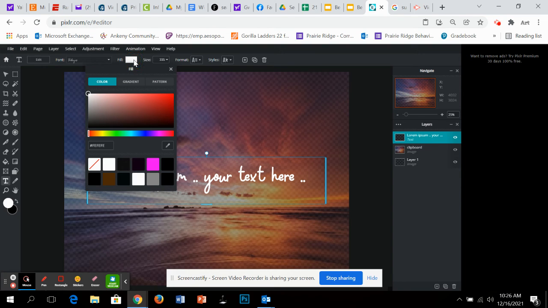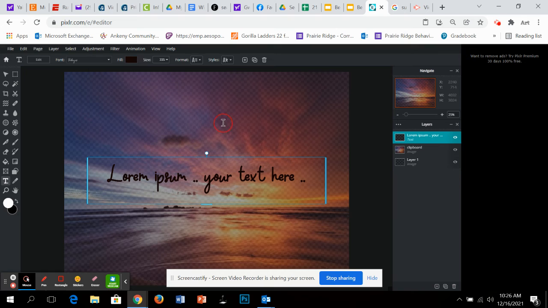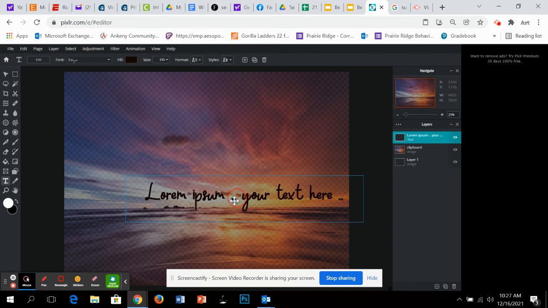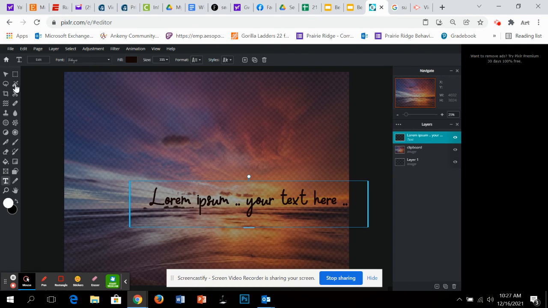And the color of it, we could change the fill color. If we don't like that color, maybe we want more of a black in there because it works better with my design. And then that's how you set this up. Now, we're also going to move it. So we might move it like over here. And then once it's set up where you want it, where you think you can see it the best,